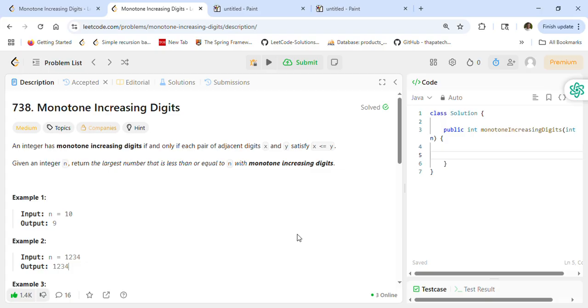Today we are going to solve another popular Leetcode coding question, 738 Monotone Increasing Digits. This is a medium complexity, quite likable coding interview problem. We are going to go through this problem and understand it. I created some examples for you guys so you can clearly understand the logic as well as the solution to